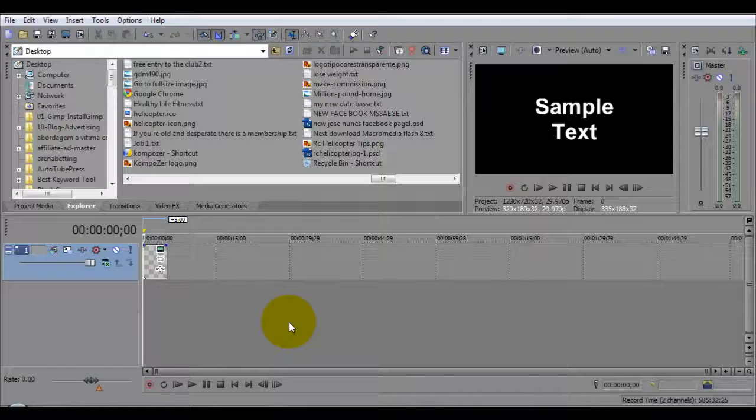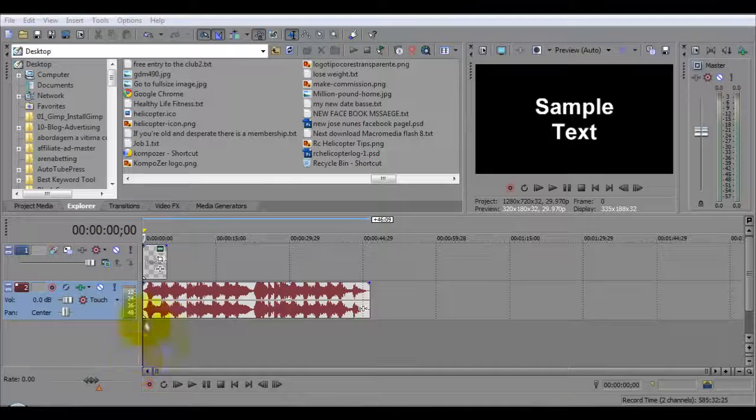Let's say you want to add music. I'm going to add some music here before I start adding some effect to the text. At the moment it's static, so I'll add some music and time everything to the music. Just drag and drop the music there and it automatically creates the track for you. Let's see where the music starts and stops, and where I want my effect to begin and finish. If I click play,